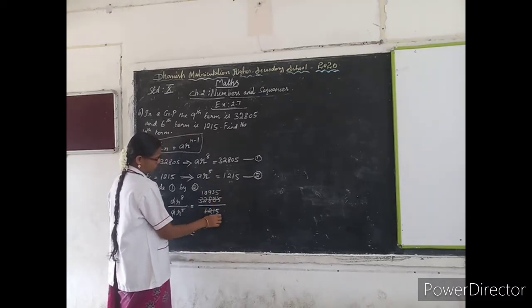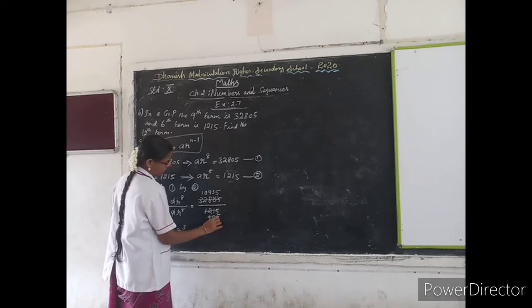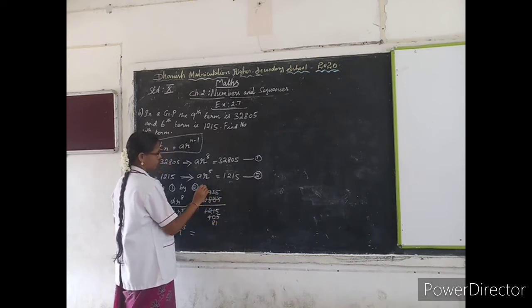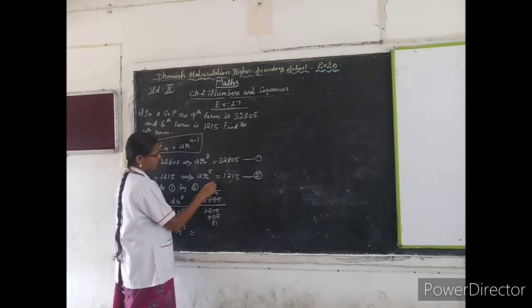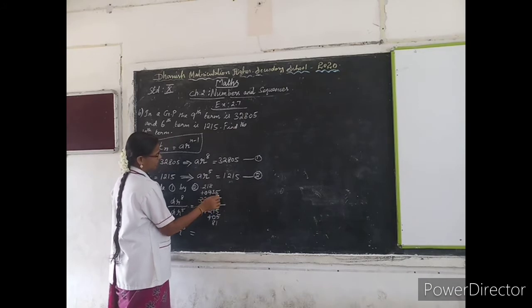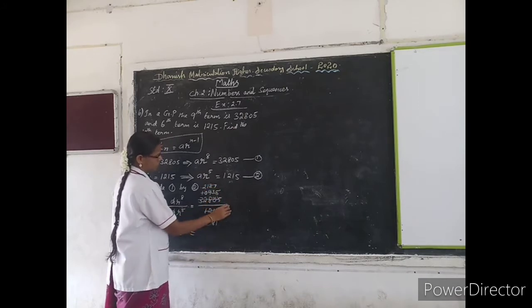Now the 5 table is going. 1 5 is 5, 2 5s are 10. Take this 9. 1 5 is 5, remainder 4, so 43. 8 times, remainder 3. 7 times. So